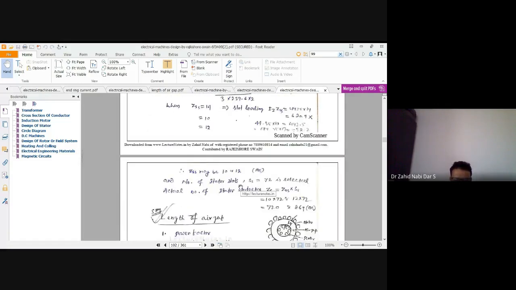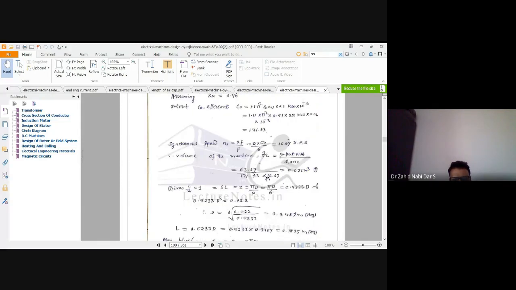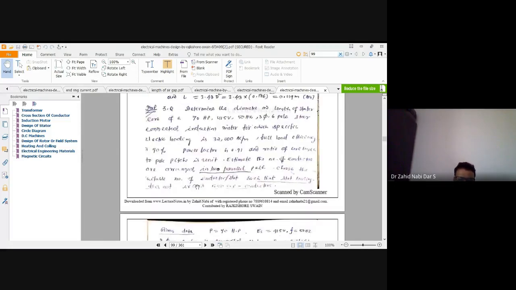What I want in the next class or in the assignment when you come is that you understand what exact value should be for ZSS and IZ, and what stator slots, whether 10, 12, 14, you have to substitute, and what value of ZSS you will take, so that your current rating is less than 550 ampere per conductor. So this is the task for you.